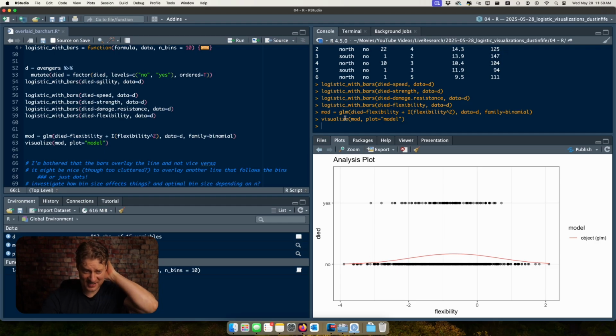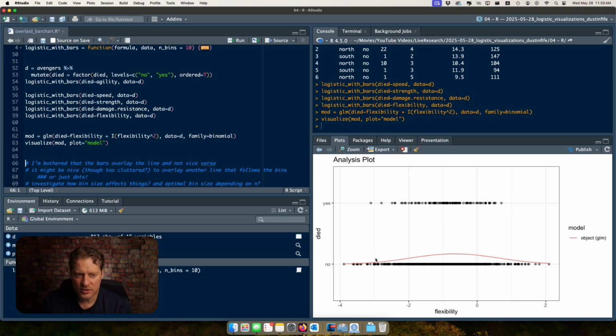And I learned this like a couple weeks ago because I was playing around with logistic regression. I thought, what would happen if you modeled a polynomial? And that's what happened. You get this kind of like bend in the middle, and then it goes back down, which I would not have called. I didn't know you could do that. And so if I could overlay that,